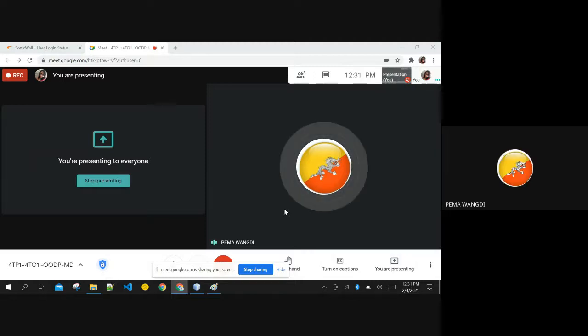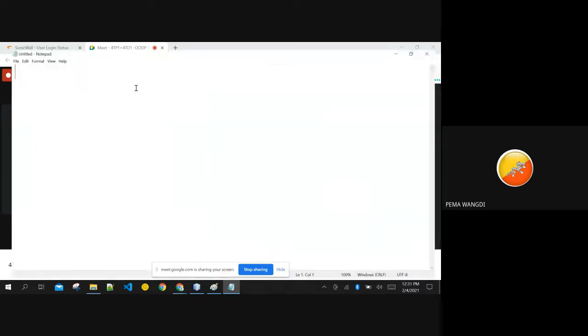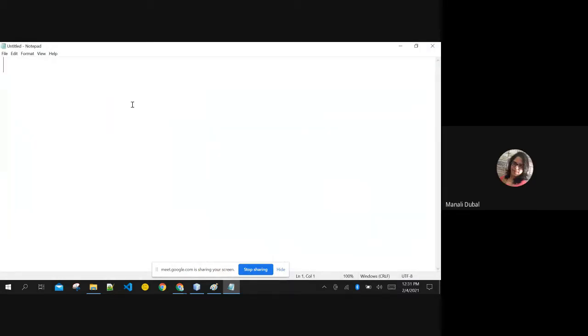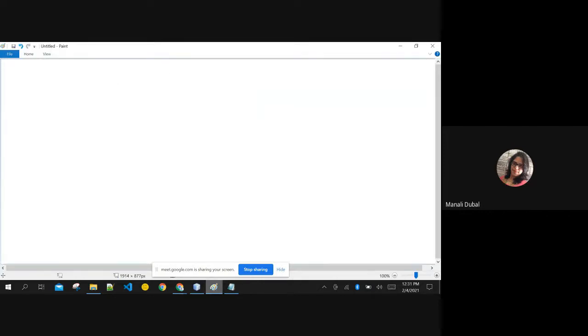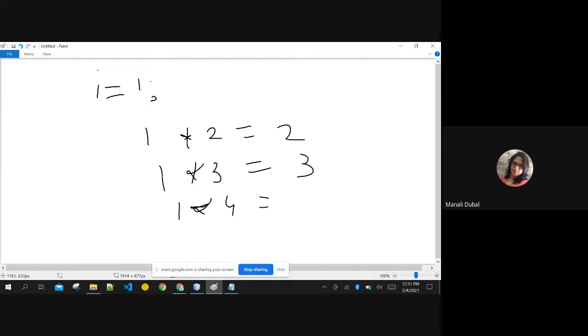Can you open NetBeans, ma'am? A notepad. I'll explain here itself. What you need to do is very easy. Initially you need to create a variable, right? Say for example, you are starting your loop with 1 because you want to print it like this: 5 into 1 equals 5, 5 into 2 equals 10. If this input is 5, then the answer will change, right? 5 into 1 will be 5.